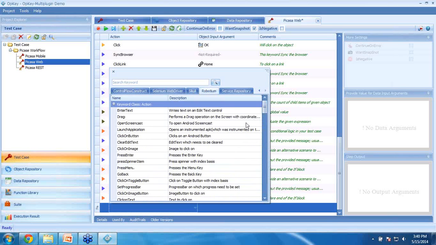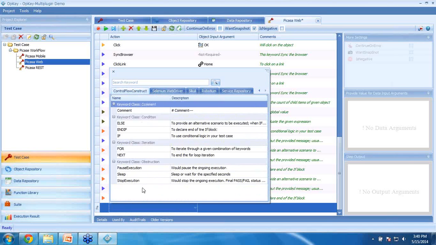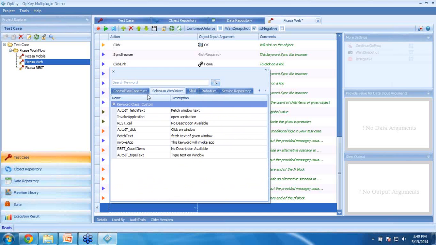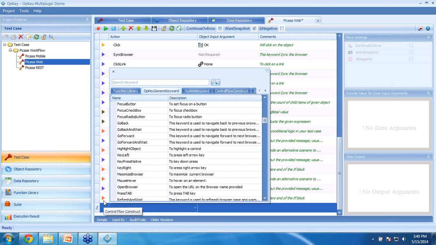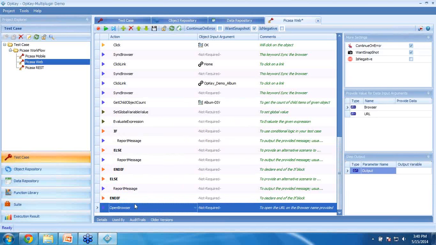And what the user just needs to do is to select a keyword from a specific group and then add it as part of the test case. So I can select any of the keywords here. For example, again, I'll select open browser, and it gets added in the list. So that's how you abstract the end user from knowledge of the tool. Here, there is no knowledge required of the end tool that you will be running with. You just need to have knowledge of the action that you need to perform